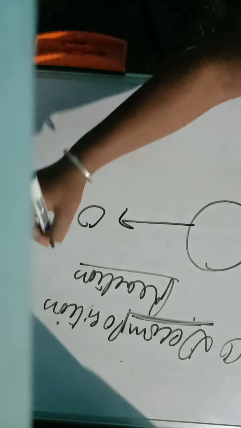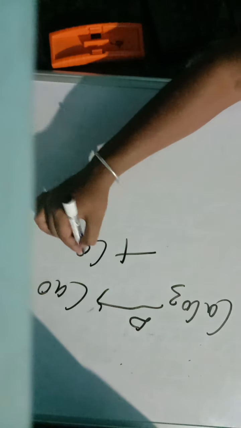What are decomposition reactions? Decompose. What do you mean by decomposition? The answer is over here. Decomposition: when one compound splits into two or more simpler substances. When one big compound splits into simpler substances, that is called a decomposition reaction. So let's move to the chemical reaction, calcium carbonate. If I pass heat, it splits into calcium oxide plus carbon dioxide.